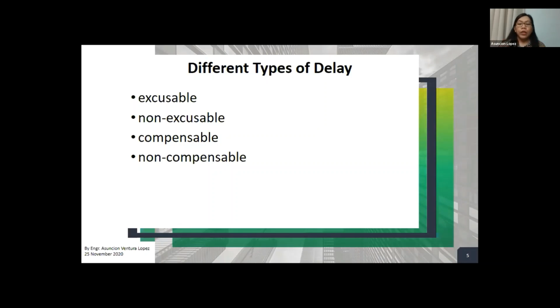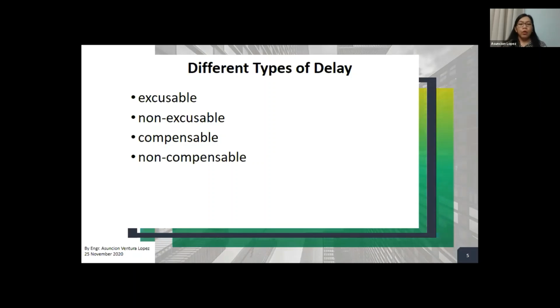Then none of its own delay was ongoing. So what is this? I'm sure you're very familiar with this, a concurrency. There must be no concurrent delays with the delay events that are being relied upon. So as long as there is no own delay of the contractor that is ongoing, that is concurrent with the delay events being relied on for the claim.